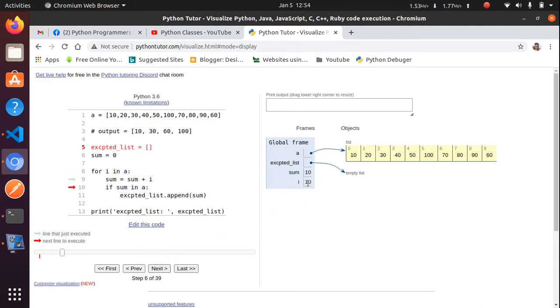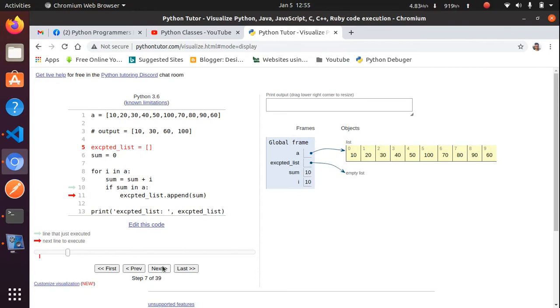So I has 10 and sum is equal to 0. 0 plus 10 is going to be the sum. Right now sum is 10 and i is also 10. Now going next, if sum is in A, that is, if the sum 10 is in the list, yes, then it goes to this line. In the accepted list, we will append 10.